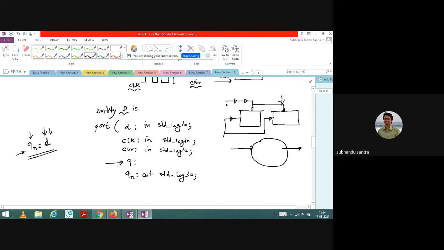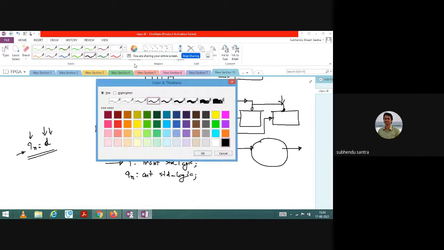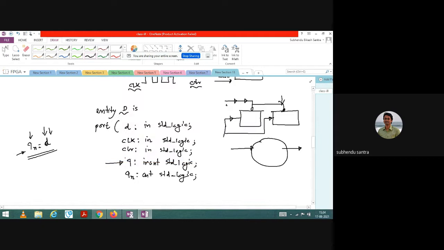So maybe I can write it like this: signal, in out, and it is also standard logic. Very important line. Generally, people make mistakes here. It is right that Q equal to output, standard logic; if you take that, your program will be over. But unfortunately, for the holding purpose it will not serve, because you have taken only the output. So one extra variable is required, and that extra variable you would assign intelligently.